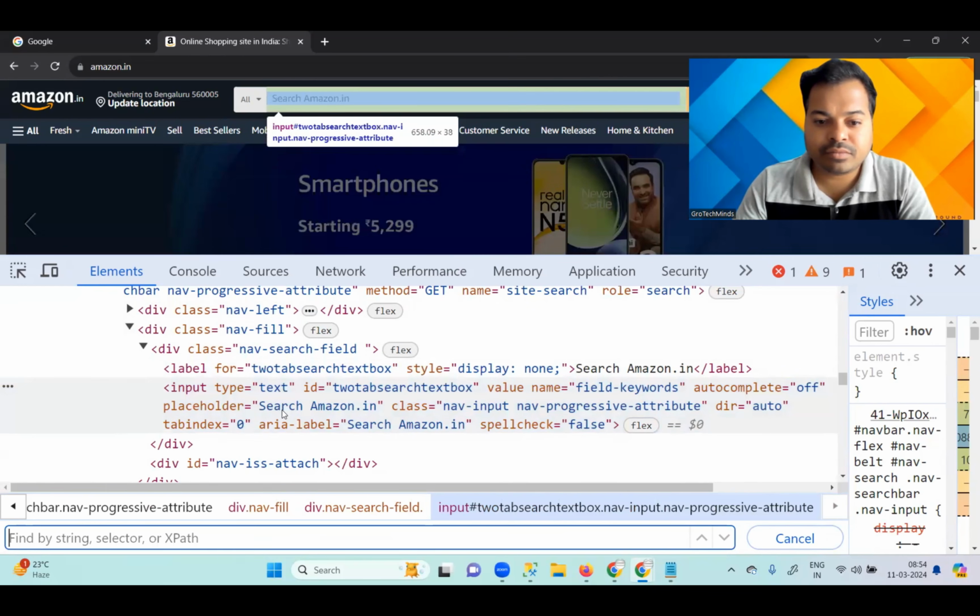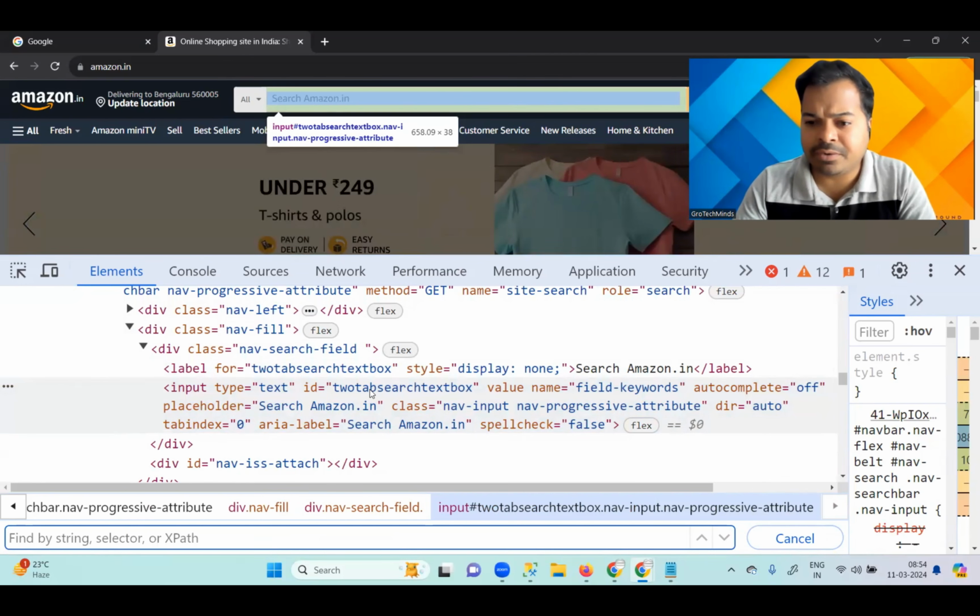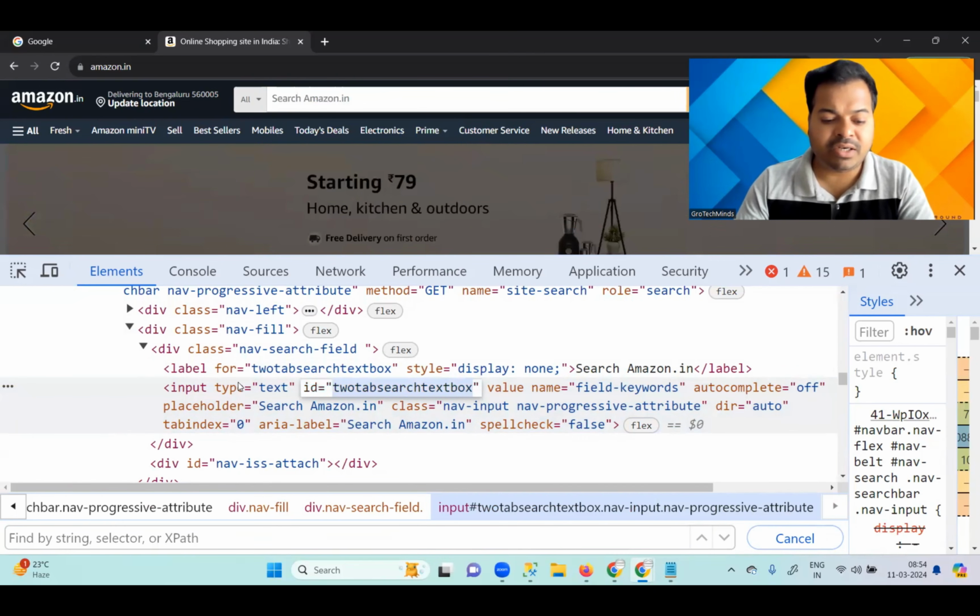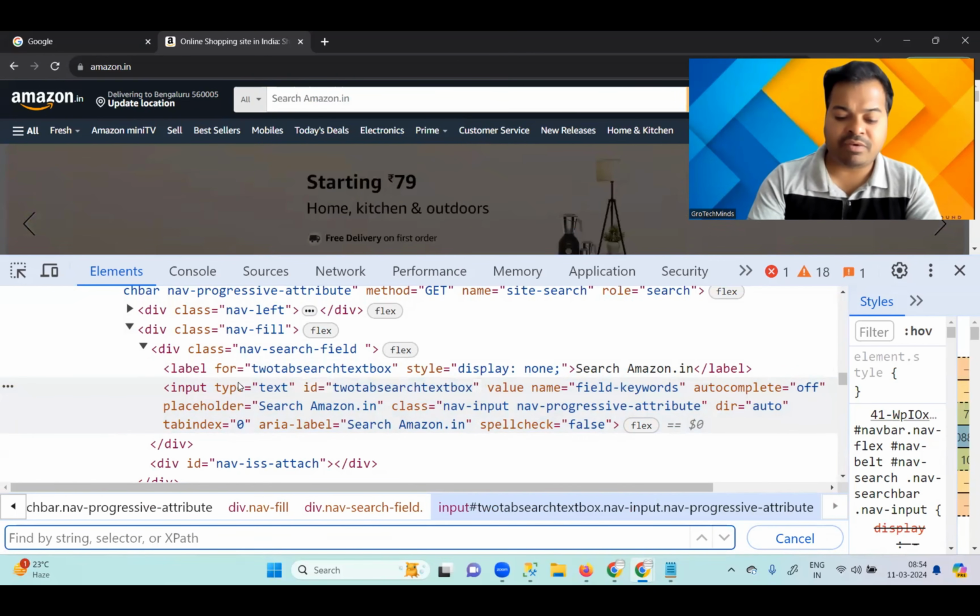ID also I can take it. Class also I can take it. I'm just letting you know, right? Okay. So let's do it with ID. So how to write it? Control F, // input